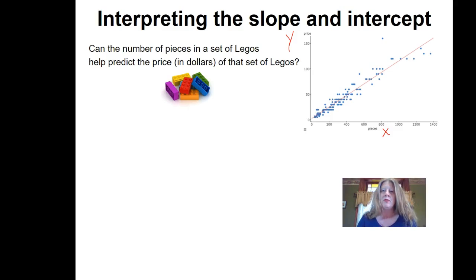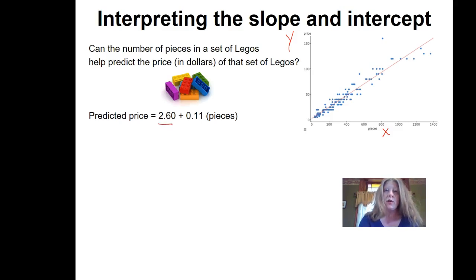But so we're trying to predict price based on number of pieces. And this is what the regression equation looks like. So we can move forward here and put this equation together because obviously we have a strong linear relationship. There's something going on between these variables. So it makes sense now to perhaps try to predict the price of a particular set of Legos based on the number of pieces. So again, notice in this equation, we have our predicted price, so price is y,